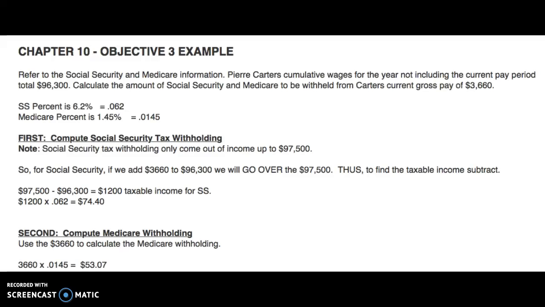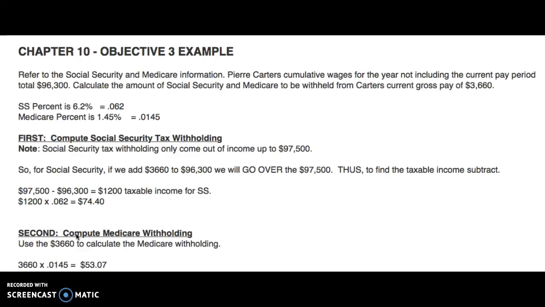Hi everyone, I want to go over just a tricky example that I see in your homework set from chapter 10. It's objective 3. And here's just an example that I'll pull up with kind of a conglomeration of numbers. So Pierre Carter's cumulative wages for the year, not including the current pay period, total $96,300. Calculate the amount of Social Security and Medicare to be withheld from Carter's current gross pay of